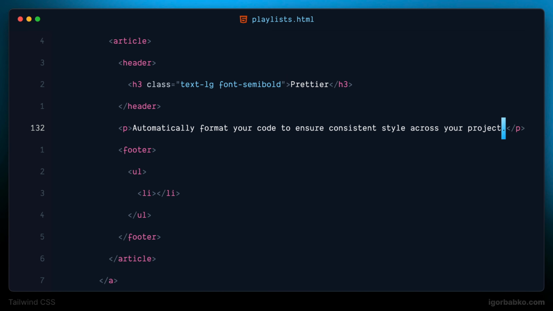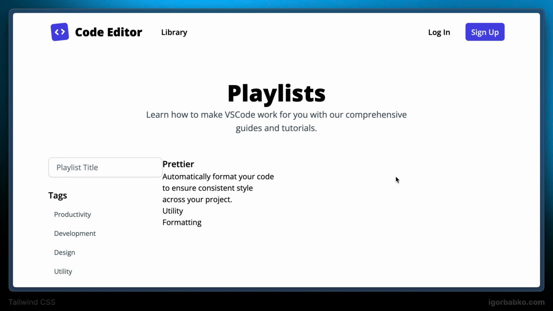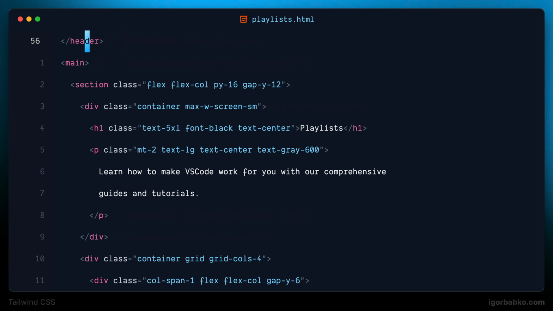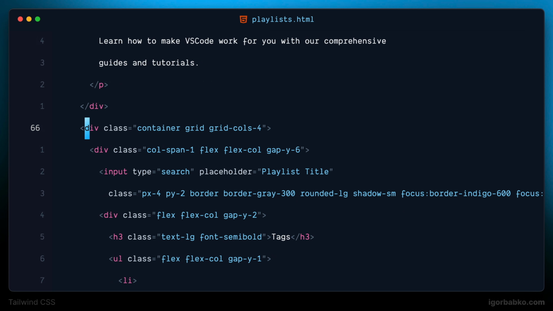Then I'm going to add some description and a couple of texts inside this UL element. Alright, now that we have added all necessary elements within the first playlist block, before adding styles to this block, I'm going to change grid configuration a little bit, so the filters block covers a little bit more space. Let's make this grid to have 3 columns instead of 4, and the column with filters is going to take